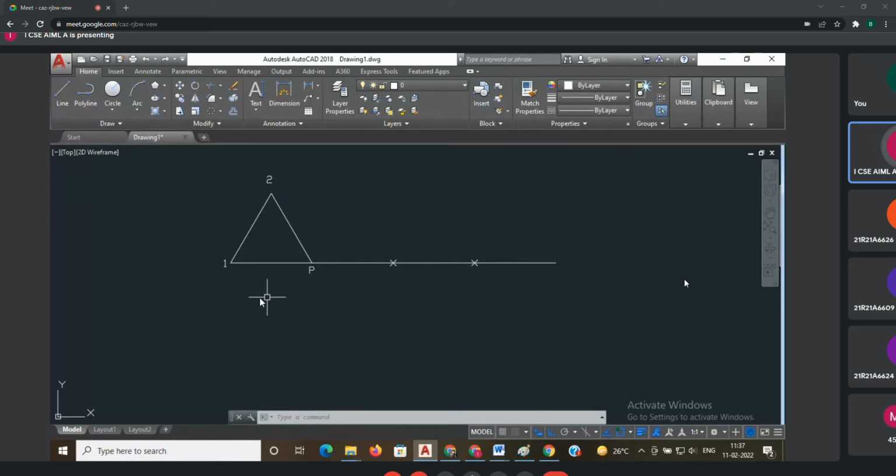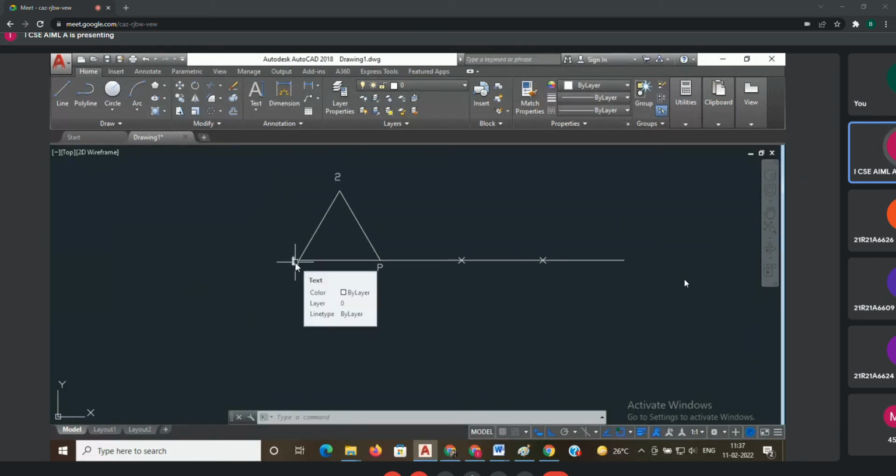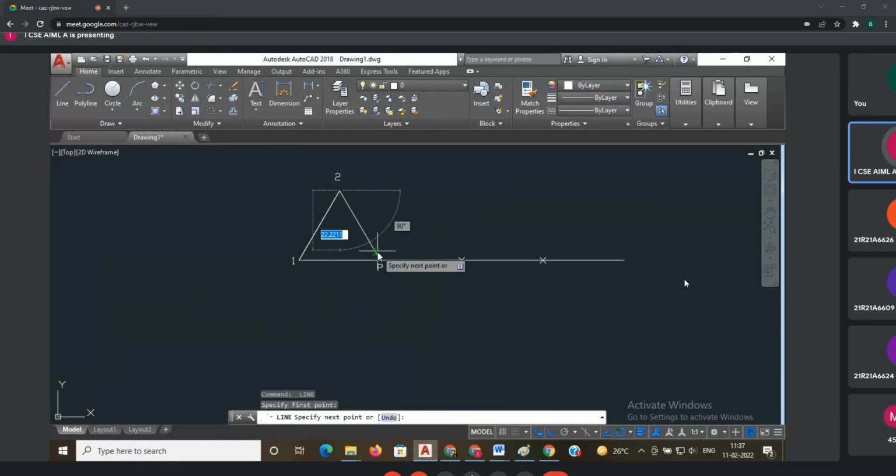Likewise, I want to draw a horizontal line from point 1, from the first end. For that, what I want to do? First, I will draw one line on this, and again one more line on this. Why? Because if you want to extend, stretch or lengthen, you can't do it, because it's a polygon. That's why I draw one line on this. What is the procedure? I want to draw the horizontal line from the end points.